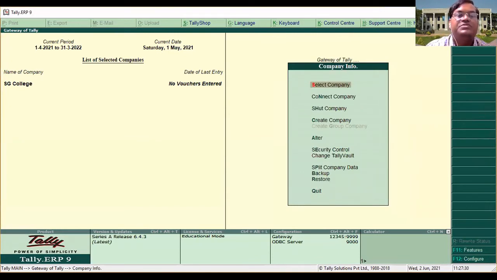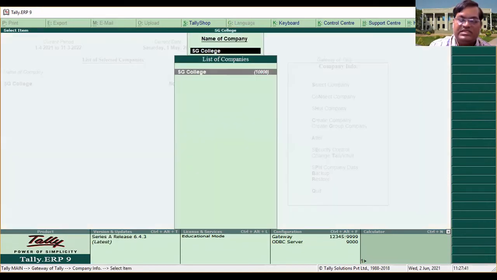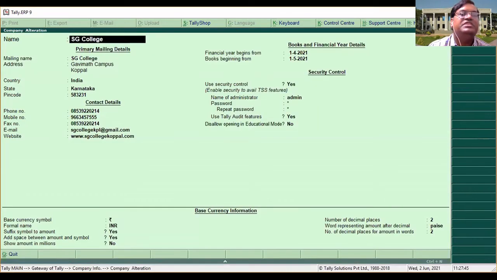You have an option called alter. When your company is open, only then it gives the option called alter, so you can make the changes. Select the alter option, then select the company name you want to alter. After that, the company creation menu, the same menu, will open here also, and you make the changes.